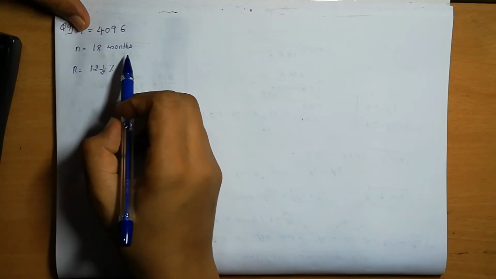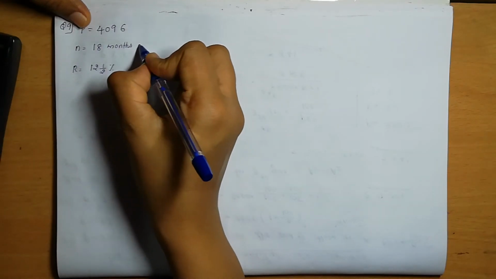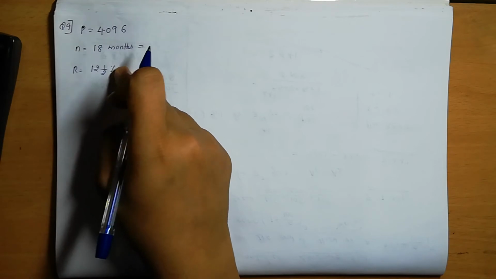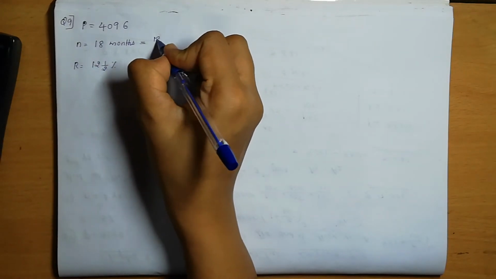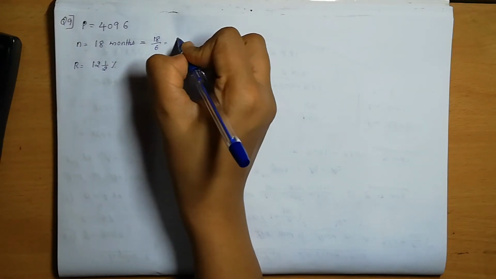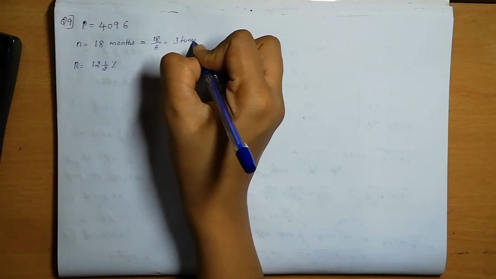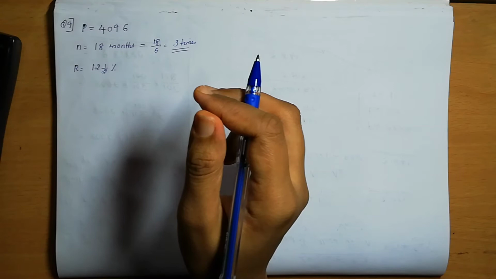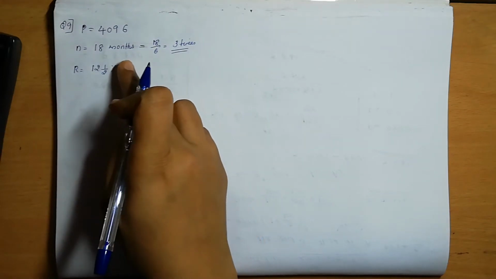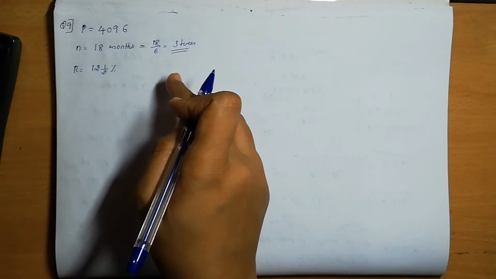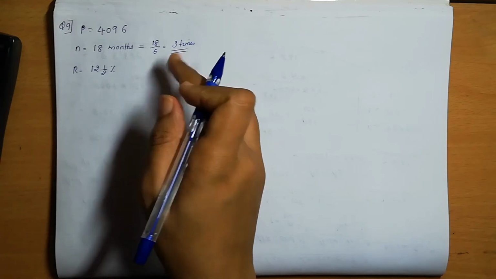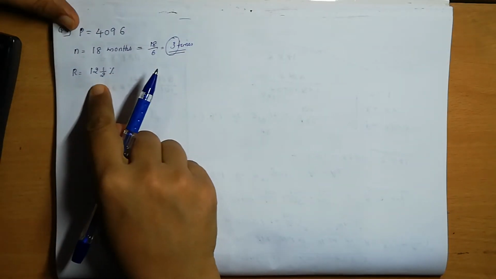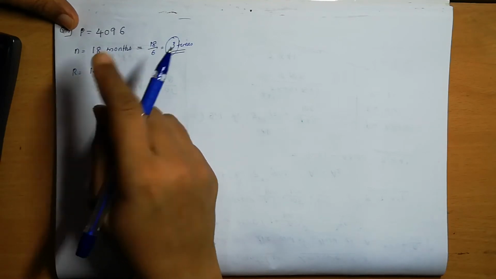So this 18 months also we need to convert. Half yearly means how much? 6 months. That means 18 by 6. How many times is it calculated? 3 times it is calculated, correct? 18 means 6 plus 6 plus 6, 6 plus 6 is 12, 12 plus 6 is 18. That means in 18 months, 3 half years or 3 six-month periods are there, right? So the N value we need to keep as 3, and the rate we also need to take half because it is calculated half yearly.